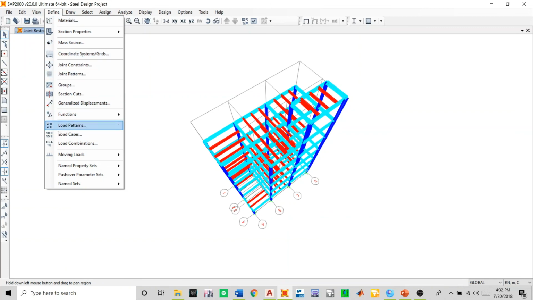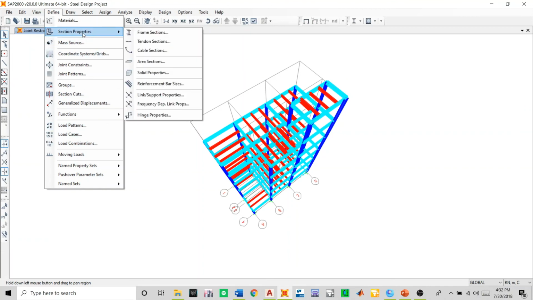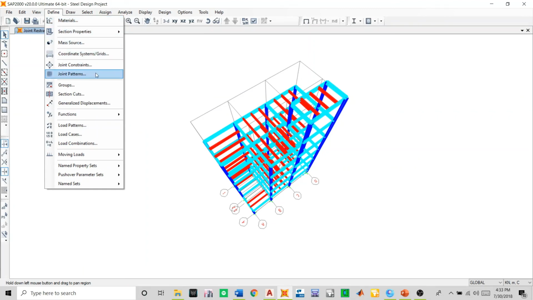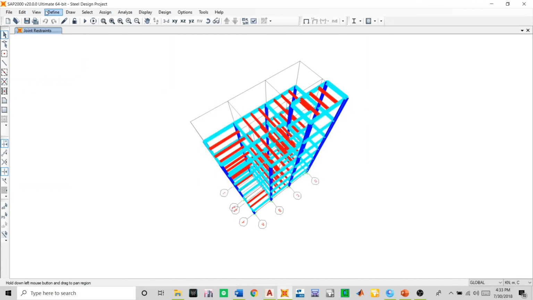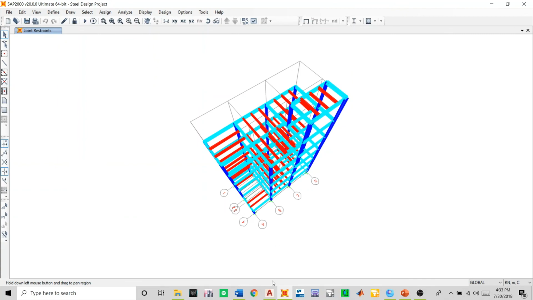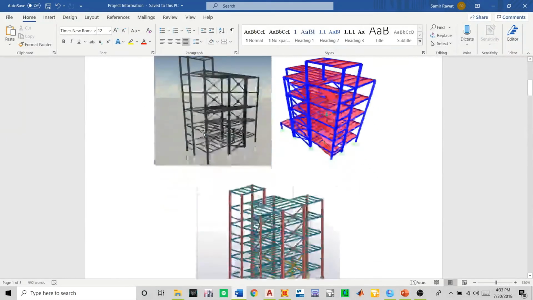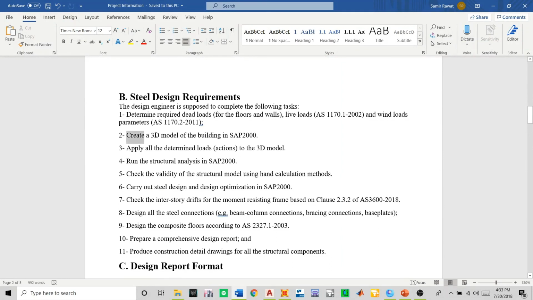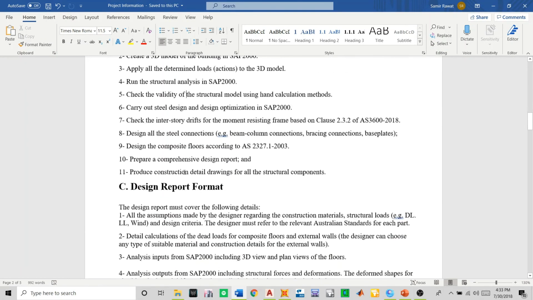When I finish up the model, then I'm going to define the load patterns, load combinations, and also the joint patterns. Yeah, let's see the project information. I think we just create the 3D model in SAP, apply all the determined loads, and this will become next. And okay,